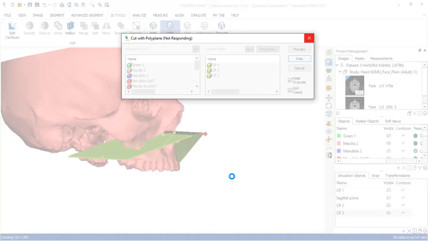Okay, so we have our parts created here. What I'm going to do is, yeah, so I'm going to just double click on the objects.